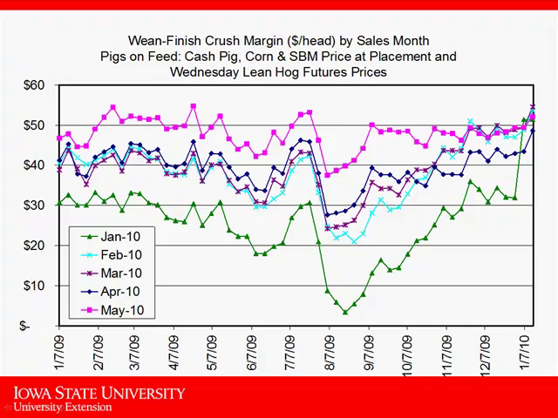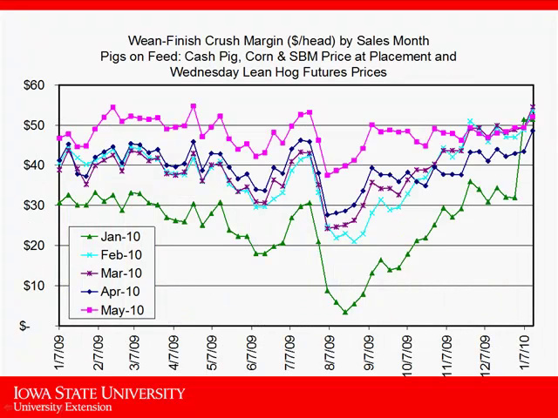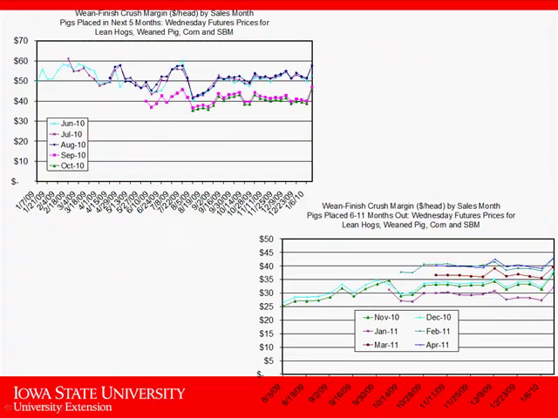So the point being, you get a snapshot with this one. What's the market telling me today going out into the future? If I'm interested, I can go back and find, okay, how has that been trending? Is it getting worse? Is it getting better? What's going on with that margin? And I do that for the ones coming up that are in the barn now. I've got 2 more graphs on that page that show the ones that aren't even placed yet. But again, I can begin to pick up the trend. What's going on with those? That's on that same website.